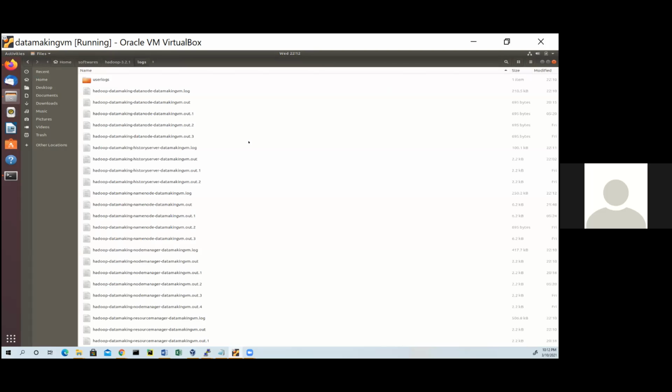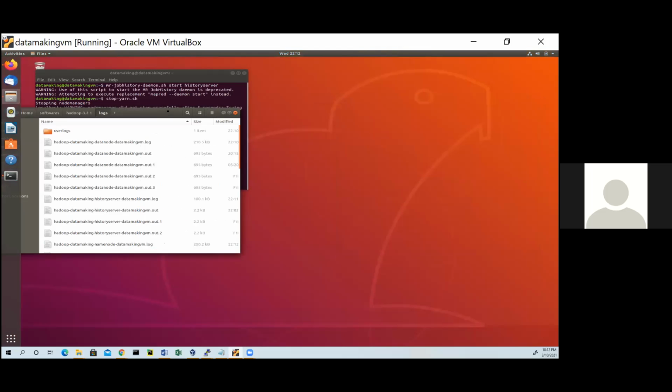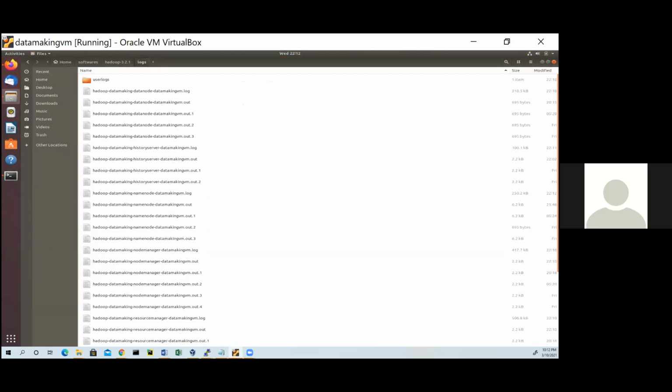Click that. Arrange by, sort by date. There is a modified button. You can click. Yeah. Okay.